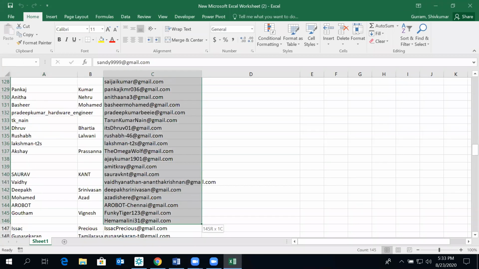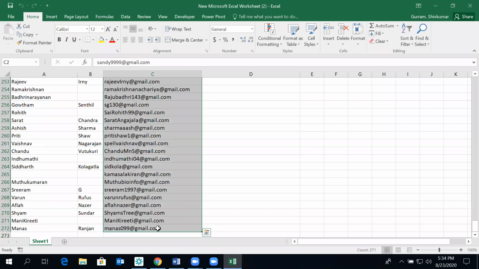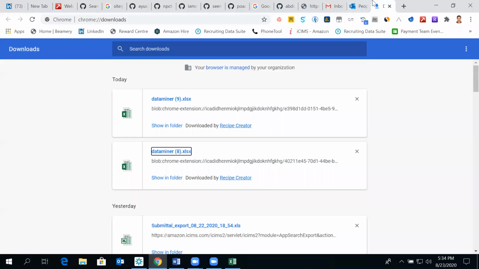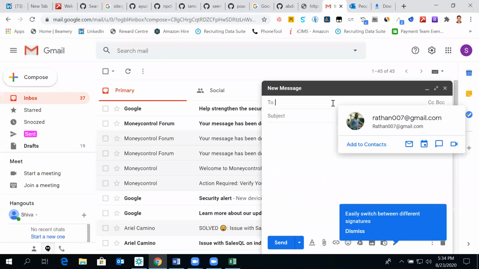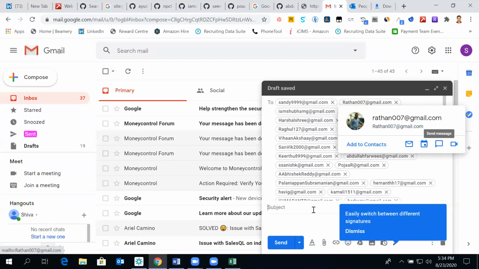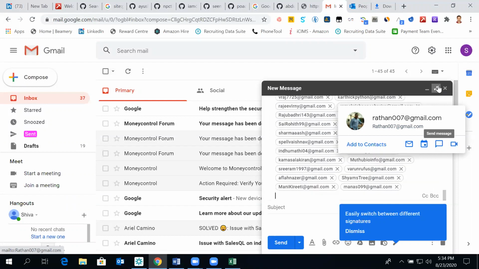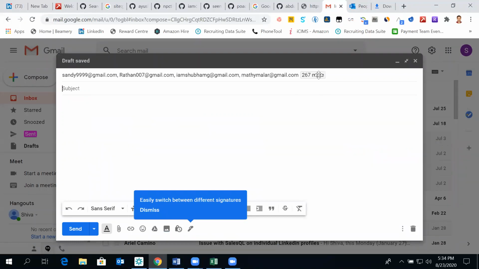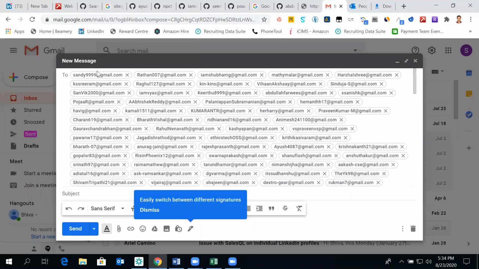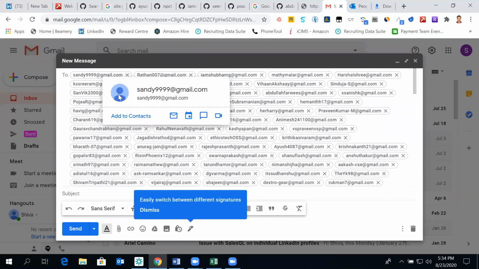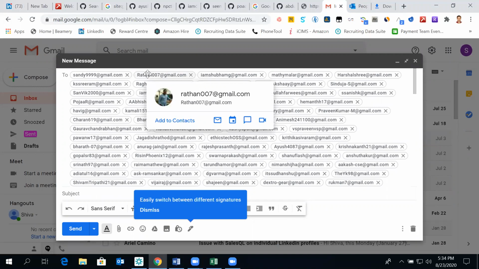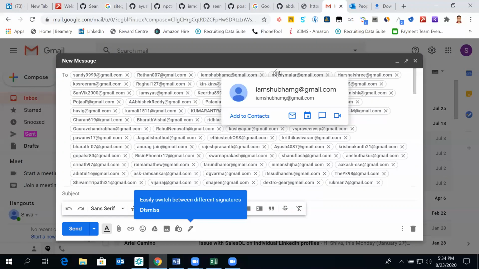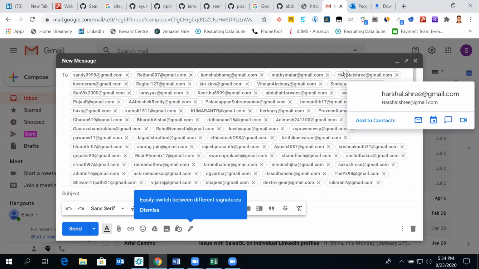One way of checking is you just take all these email IDs, come to Gmail Compose and Control V. So if the profile pic or some changes happen here, like Sandy dot dot or something like that, that means that it exists. Or if both things remain as they are, there are less chances of it existing.